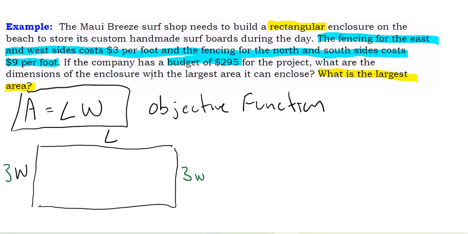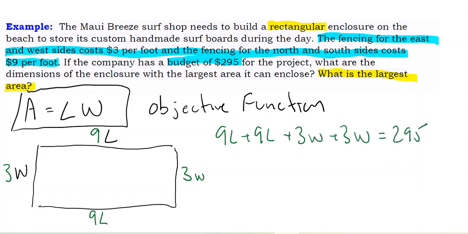The north and south sides cost $9 per foot, so that would be 9 times L and 9 times L. So whatever the length is here, we would multiply that by 9. Whatever the length is here, we multiply that by 9. And likewise with the widths multiplied by 3. So that means 9L plus 9L plus 3 times the width plus 3 times the width has to be equal